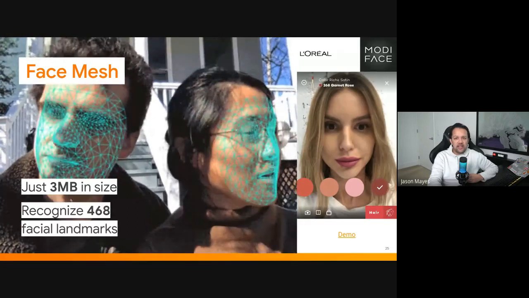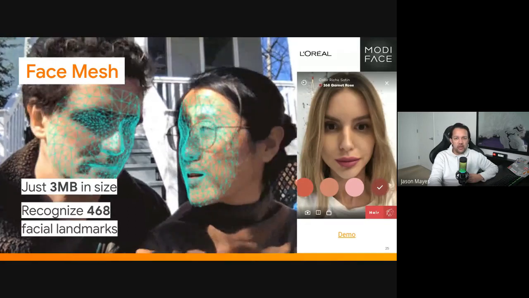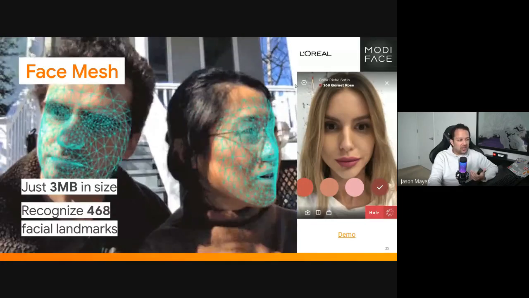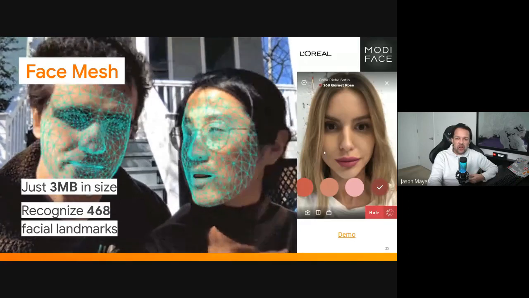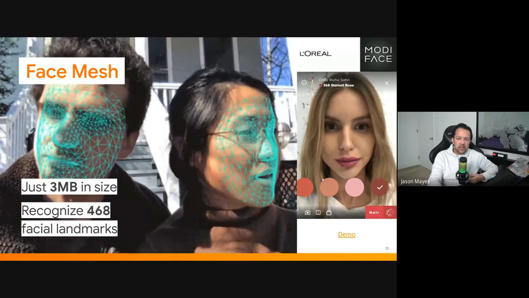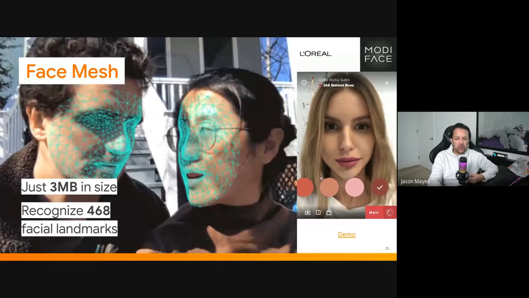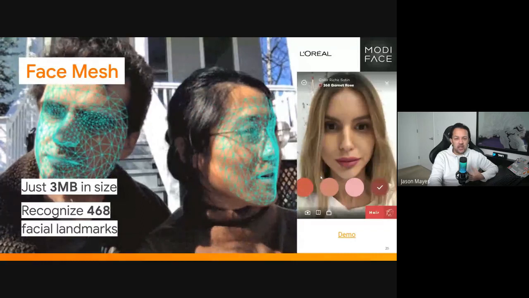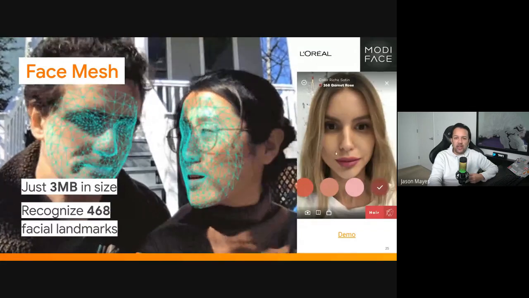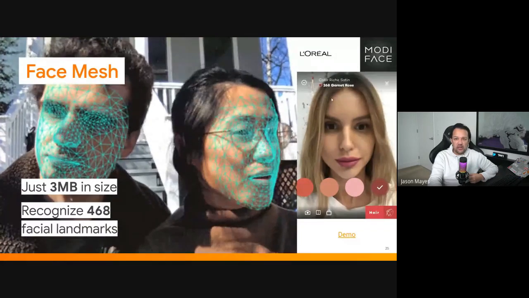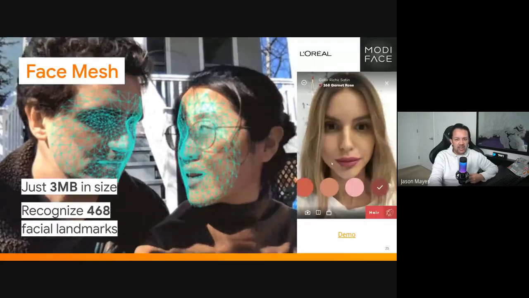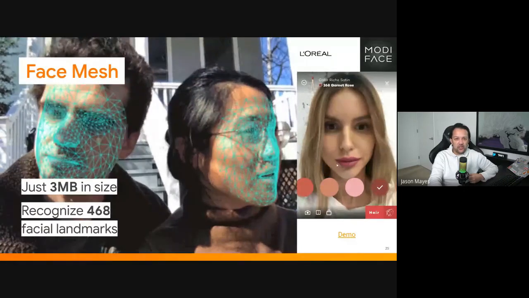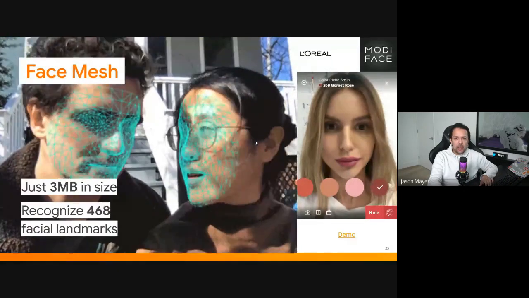On the right-hand side here, we can see Modiface, who's part of the L'Oreal group. They've managed to use this for AR makeup try-on. So now, in the current times, when people can't go into the stores, they can try on the lipsticks here and see what it looks like before even buying the product. And they're using our face mesh model to do this, combined with WebGL shaders, some nice fancy 3D graphics, to then color in her lips very precisely. So the girl on the right-hand side here is not wearing any lipstick. This is completely rendered live in the web browser, as you've seen on the left here. So really, really cool stuff.